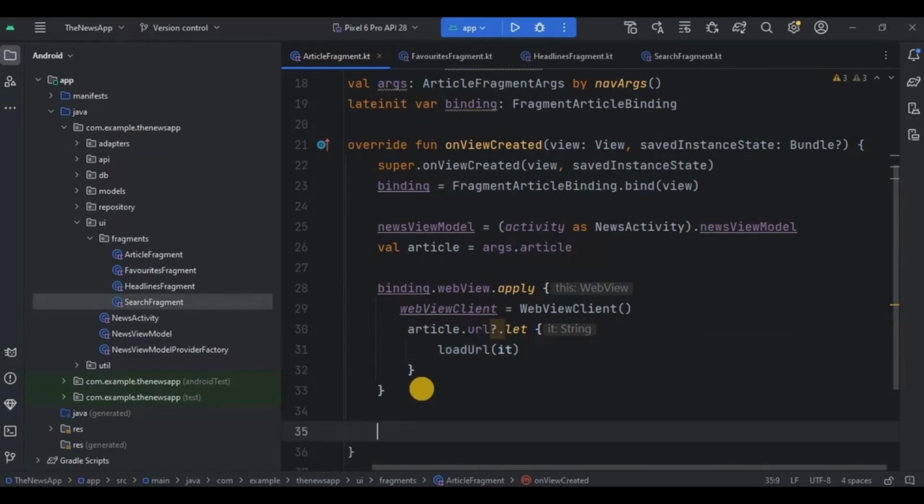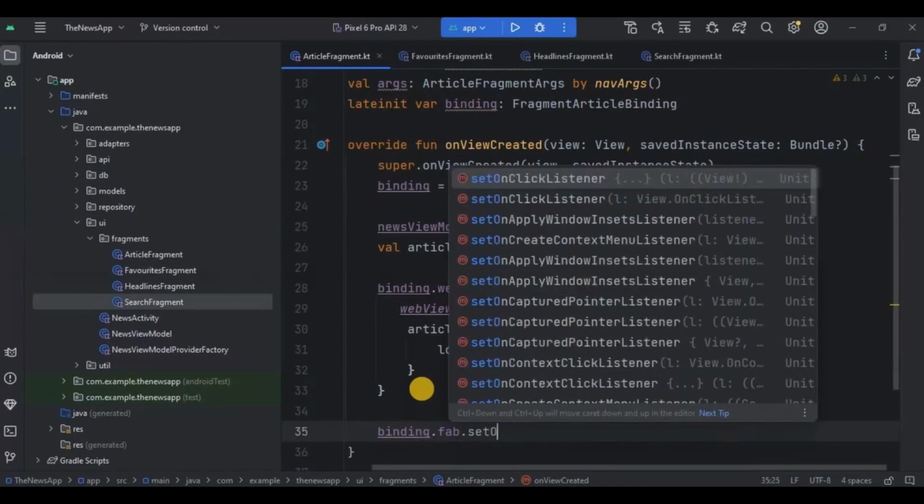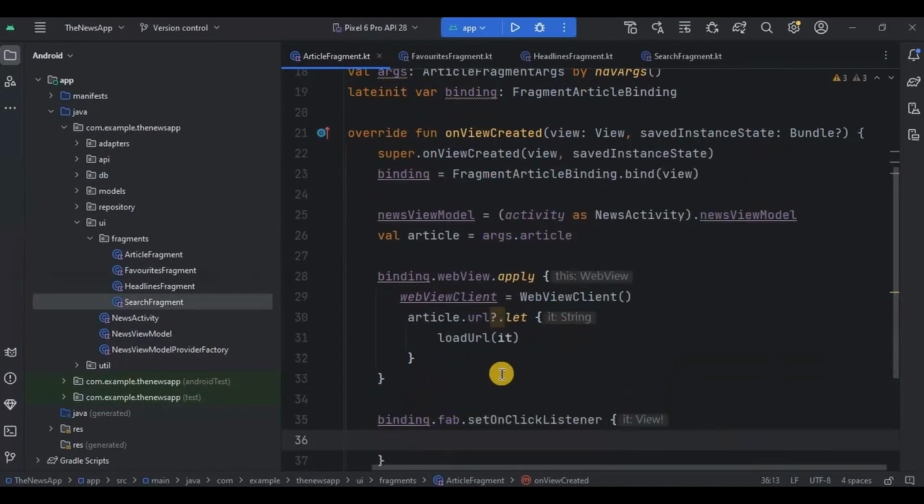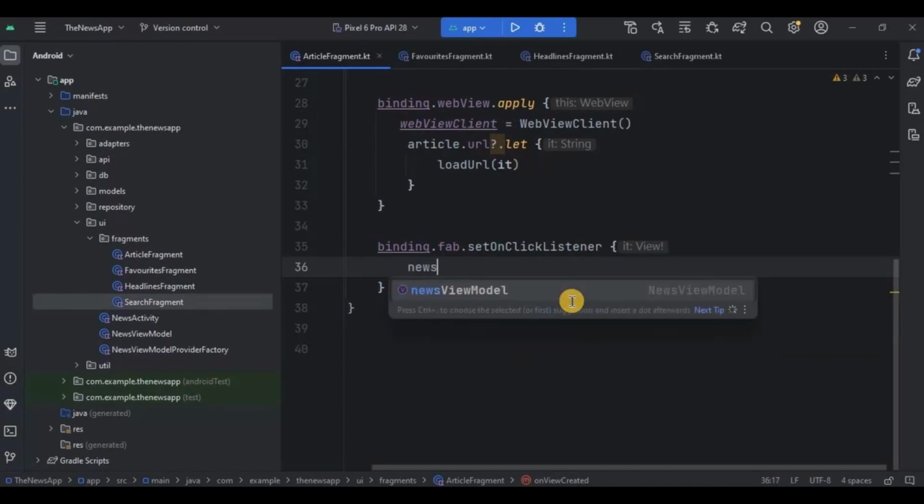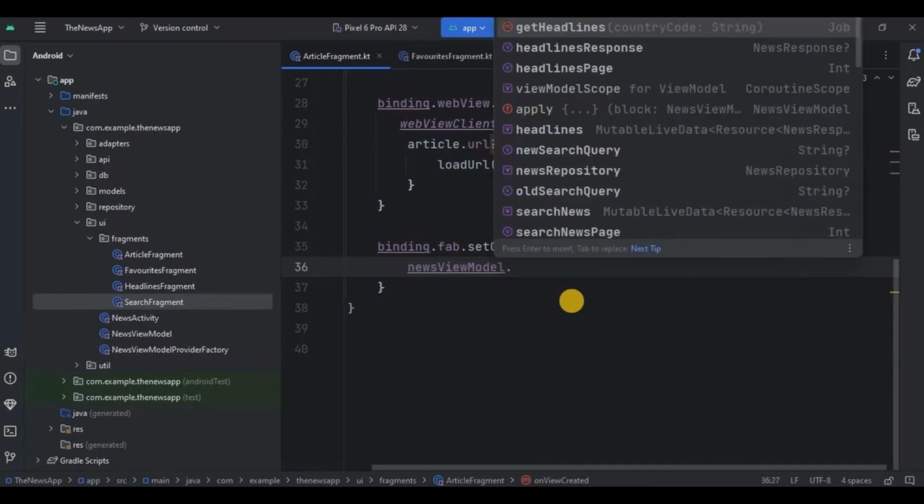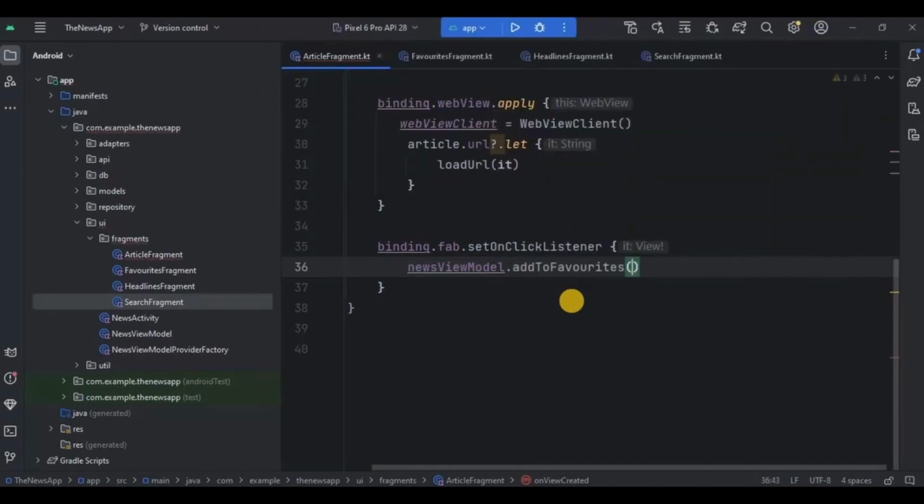Now below it, I'll set onClick on fab, which will add the article to favorites. In technical language, it will insert the favorite article in the database. Got it? So first, access fab through binding. Then set onClick listener on it, and then inside it we need to call addToFavorite method, which we created in view model. So for that, I'll write newsViewModel.addToFavorite method and pass the